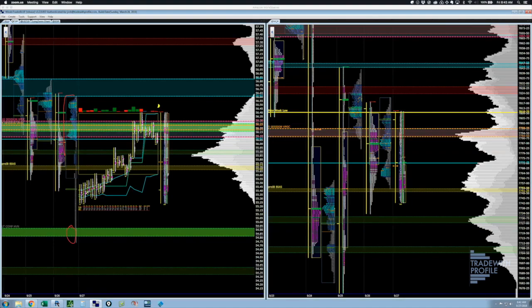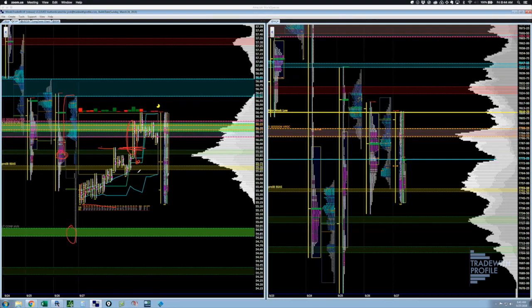On the open, we opened inside the overnight range, and then the initial balance was from here to here, which got us back to that level that we were saying, hey, there were buyers and sellers that would re-engage. The trade that we took today was once the IB extended on this right here, we were looking for a push to 56.20. Now, we got that one based on buy stops that were right above here. That was only a partial position, because at that point, what you're looking for is a rotation back to value